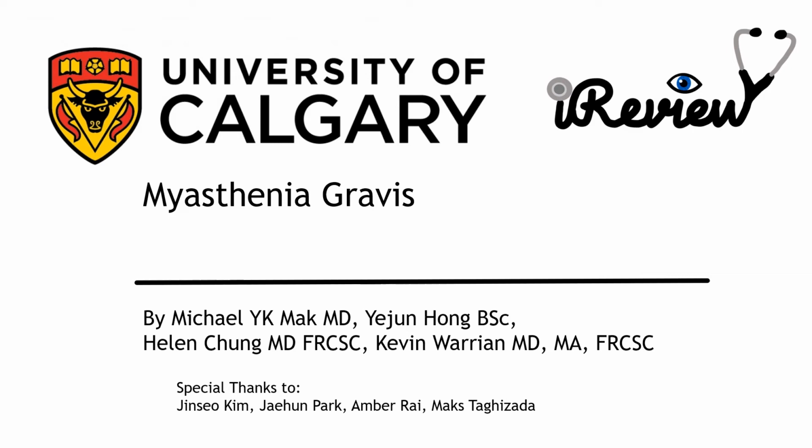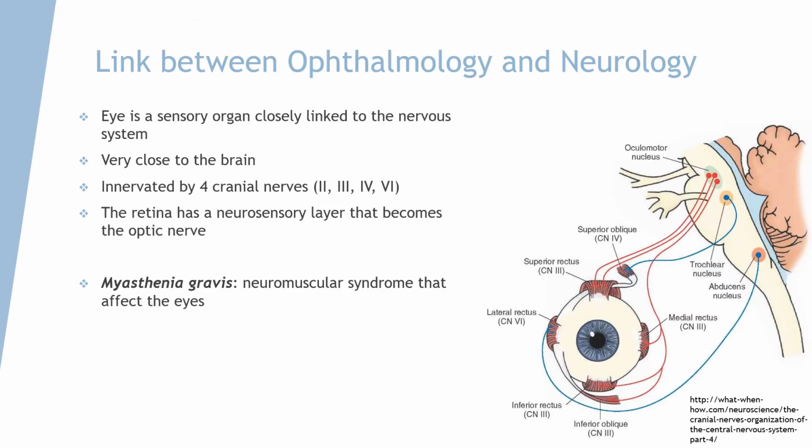I'm a medical student in the University of Calgary, and we are here to explain myasthenia gravis. Ophthalmology and neurology are highly related specialties. The eye is a sensory organ that perceives light, and this is also connected to the nervous system. It is situated very close to the brain, so that any diseases in the brain can directly affect the eyes